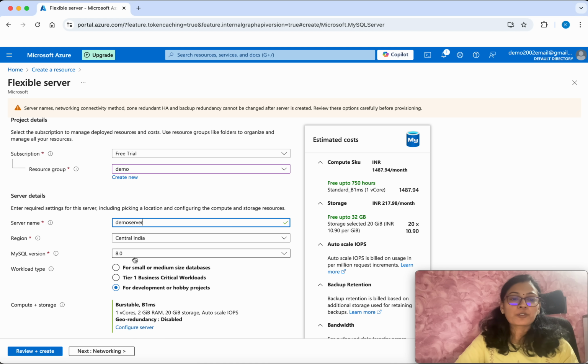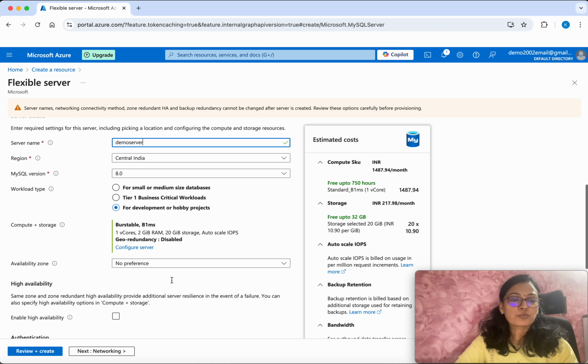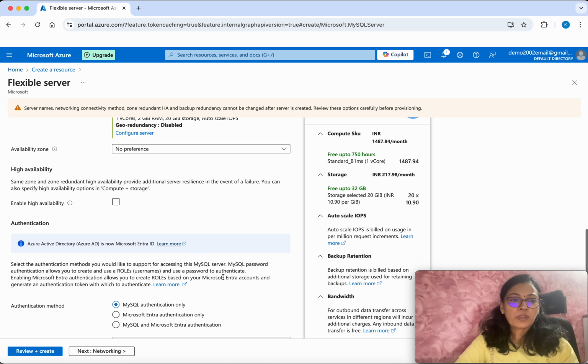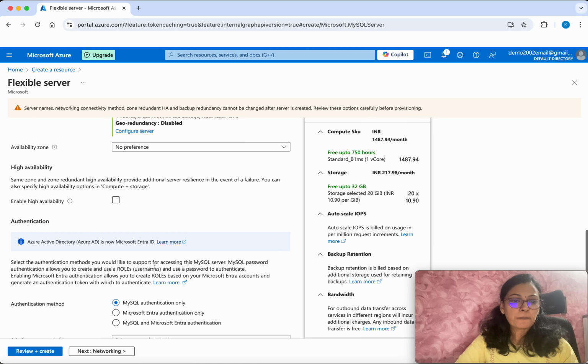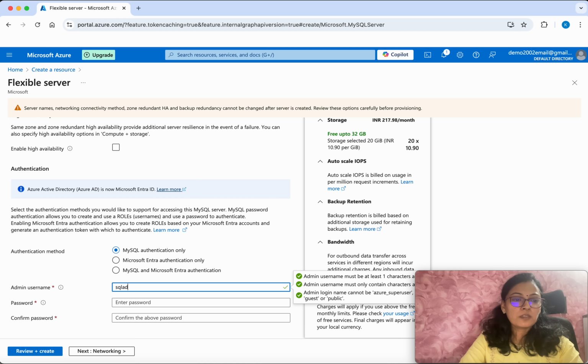In the version I'm going to leave it as 8.0, and the workload type is for development or hobby projects. It's 1 vCore and 2 GB RAM. This is just for the demo purpose, so that should be good enough. And here you can see the estimated cost. I'm not going to enable high availability, and we are going to just use the MySQL authentication only. I'm going to give the admin username as SQL admin, and then the password is